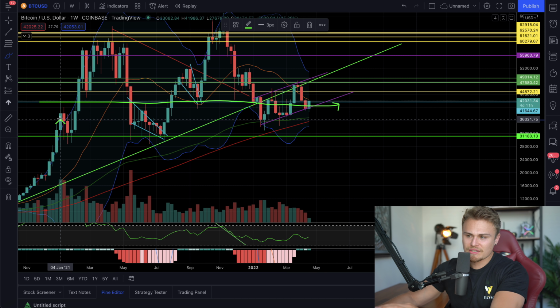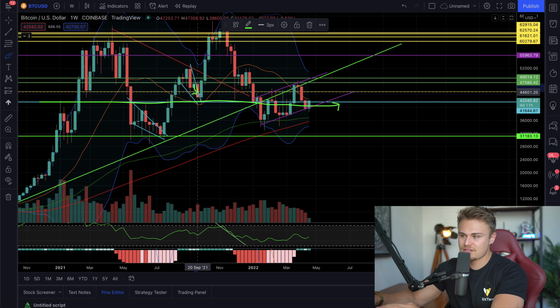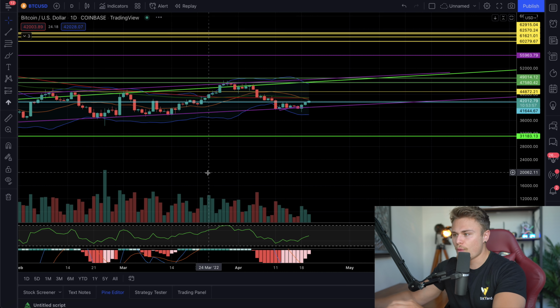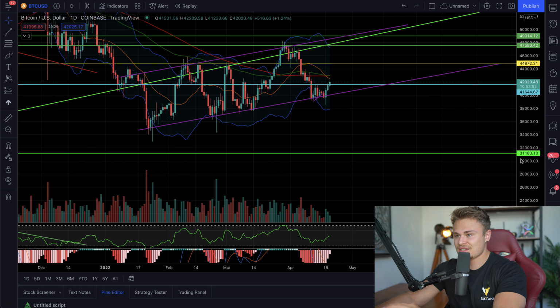We have reversed off it in the past. We've used it as clear rejection. Once again, clear rejection, clear support, and then we have multiple attempts of rejection right here. So it's very interesting to see how this market reacts to this resistance level here. But if we ideally break through that, which I think we are going to, we might see that today or tomorrow. And if we break through that, there's a very big chance we're going to continue to scale up, ideally